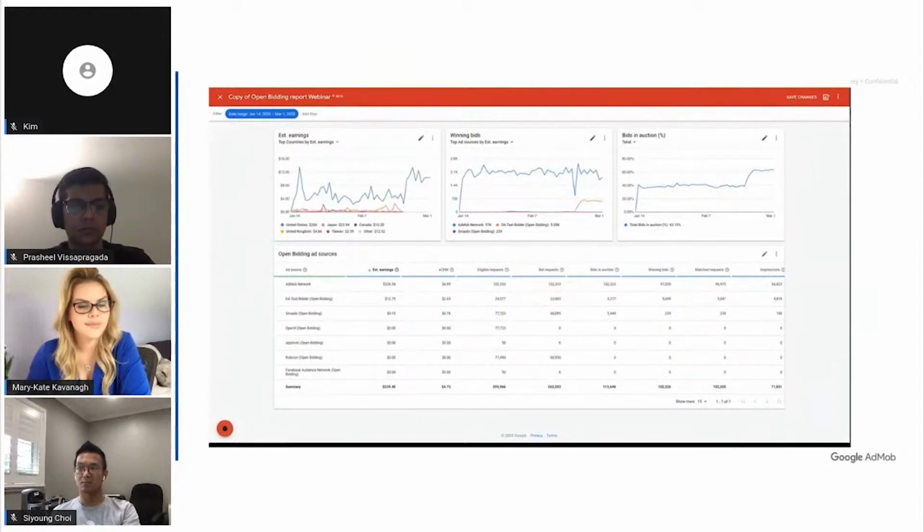This will showcase the various open bidding specific metrics clearly within a table. And this can be super helpful when understanding performance and troubleshooting. Since open bidding works with mediation, the open bidding report does not cover entire account performance. To see a more holistic yield performance, you can still use the mediation report in conjunction with the open bidding